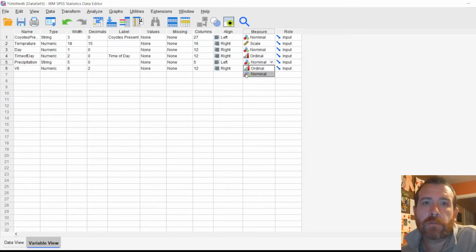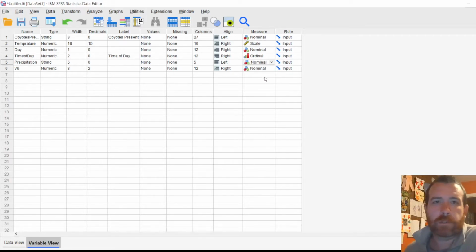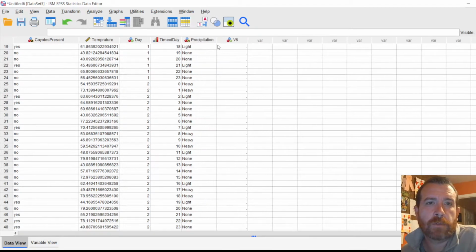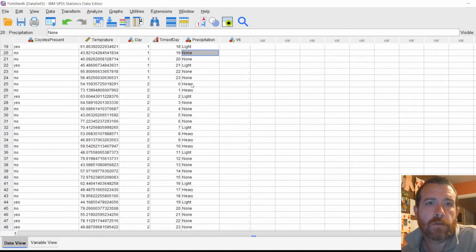I like the picture, right? Blue, red, green. Green is not better than blue, is not worse than red, right? So we wouldn't order them that way, but they're still separate categories. So for us, precipitation is a good example of that because it's light, none, or heavy, right? We could order those, right, if we